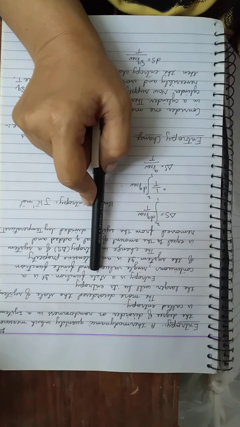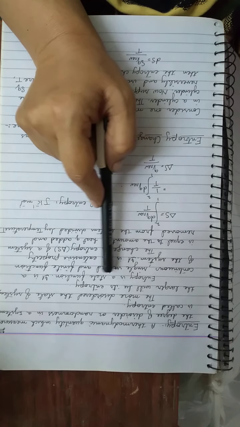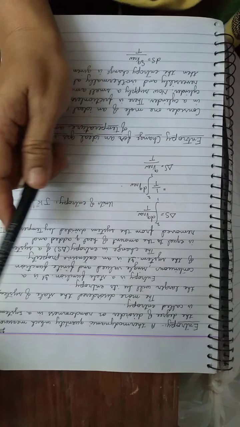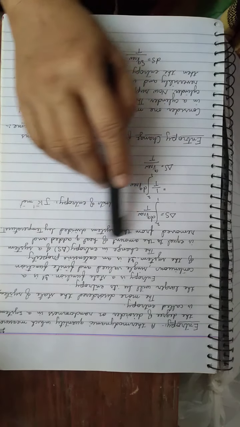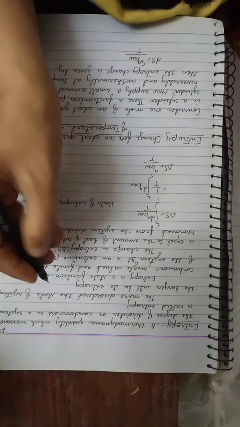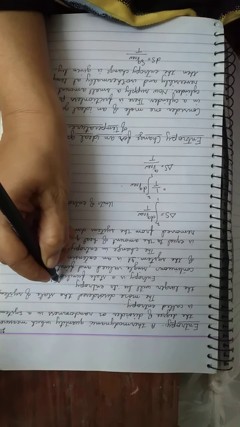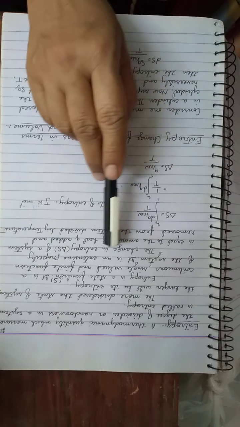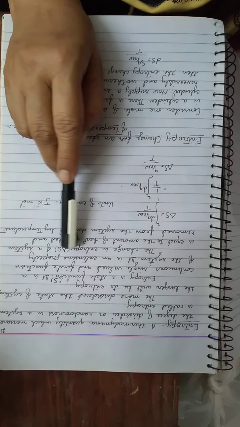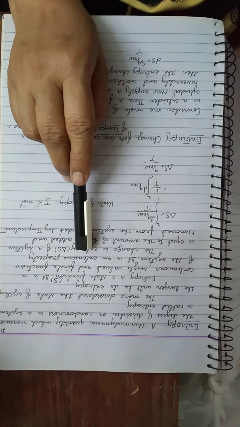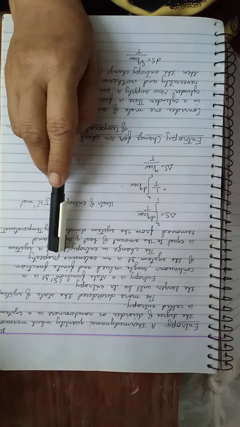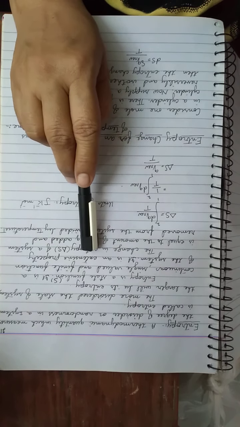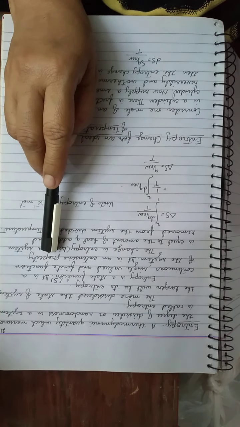Entropy is a state function, so we will write it in capital letter, and we indicate it by the letter S. It is a continuous, single valued and finite function of the system. It is an extensive property. By extensive property, we mean the property which depends upon the mass. So it depends upon the mass, therefore we call it an extensive property.